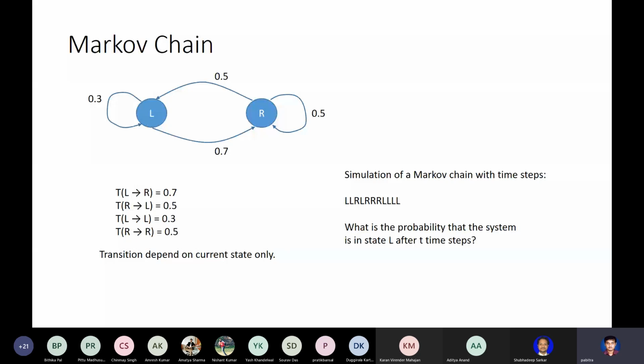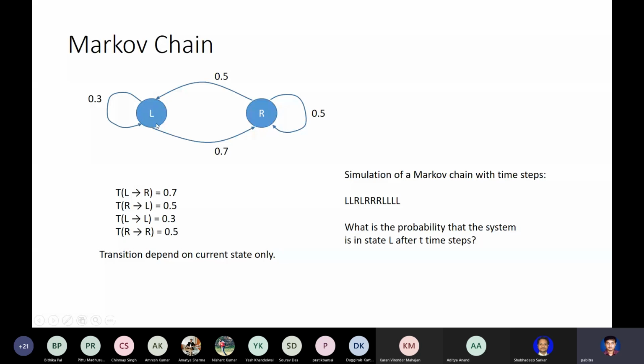Let us consider a kind of system like this. There are states of a system. Let us take this example. There are two rooms in a house, the left room or the right room, and a person will be in one of the rooms at some instant of time. In the next instant of time, she can change her room or stay in the same room.